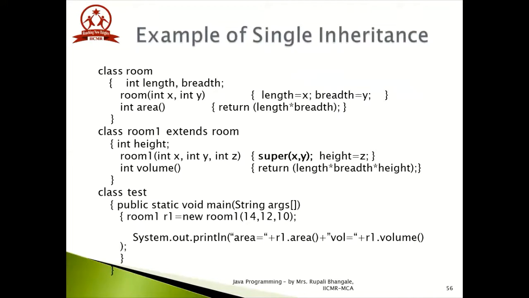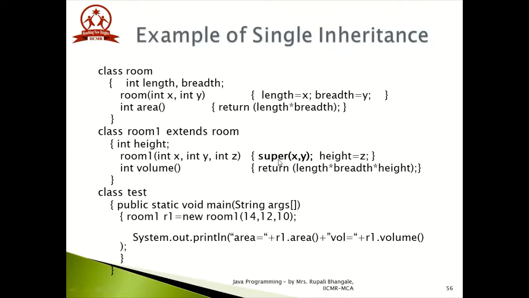So let's have an example. In this example, we have Room as a parent class and Room1 as a child class, which is extending the Room class. Now, both the classes have their parameterized constructors. In order to invoke them, we have created the object of the child class, Room1, and we are passing three variables to the Room1 constructor. But in the Room1 constructor, only the height parameter is required. But what about the previous two? So these two variables are passed to the superclass constructor.